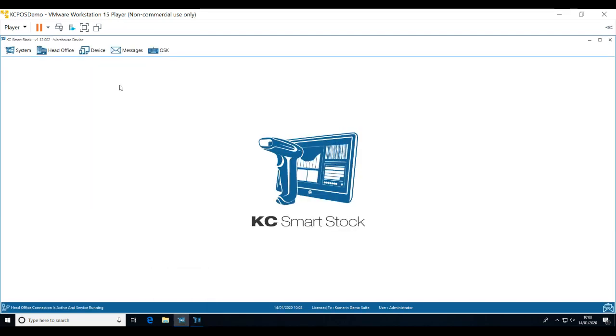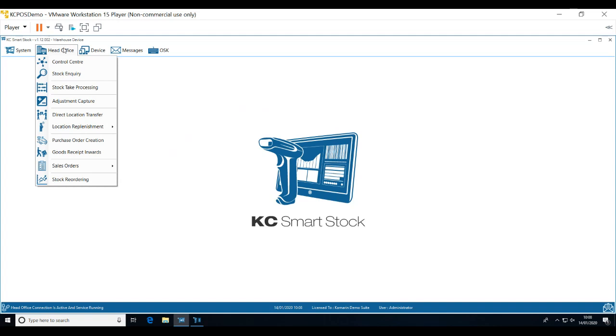So jumping into Smart Stock then, you can see on my screen I have two different tabs. So I have head office. If you imagine head office is basically the manager, sometimes it's the head office that would deal with all of the allocation tasks, but it could just be your team manager that would be setting up stock takes, allocating out pick lists, basically managing the team who physically